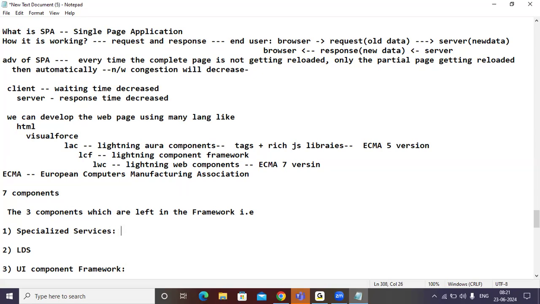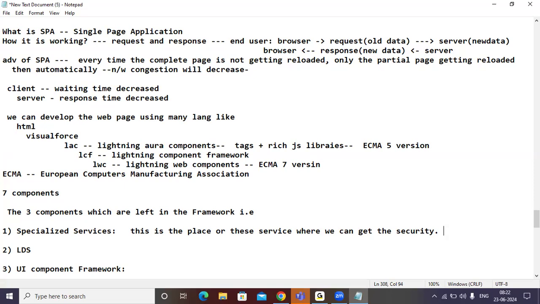First, let me discuss specialized services. This is the place, or these services, where we can get the security. The purpose of specialized services is to provide security for our application.